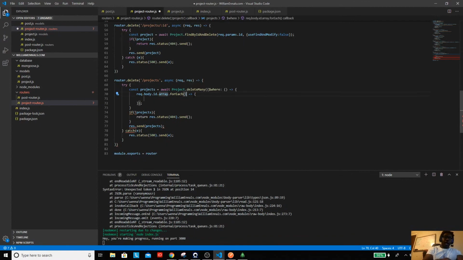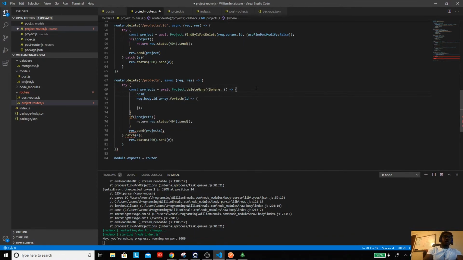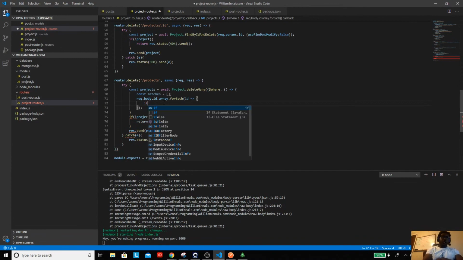For each ID, we want to add that to the return, the matches, const matches equals an empty array, and we say, hey, for each matches, for each ID, if the ID equals the match, if the ID, wait,